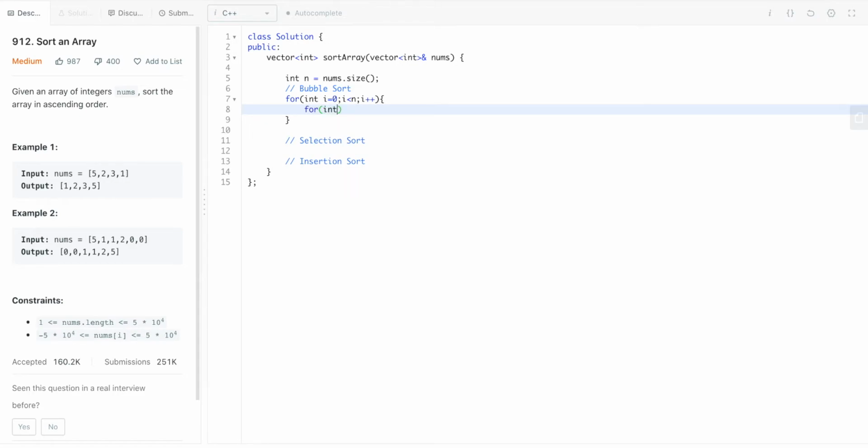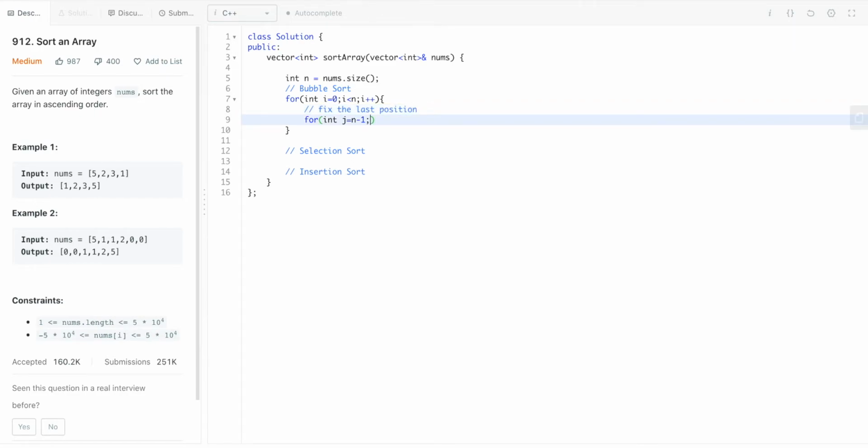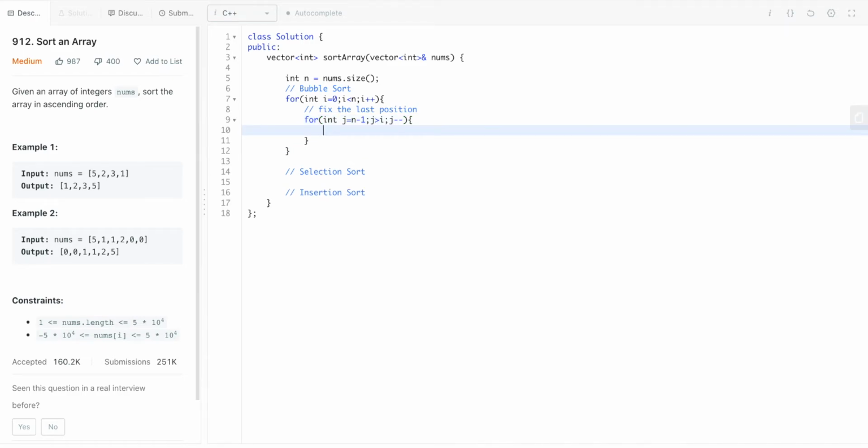I'll try the way wherein we fix the last position. So we will start with the last one, j is equal to n minus 1, and j will go all the way to i plus 1, doing j minus minus because j is decrementing in every iteration.